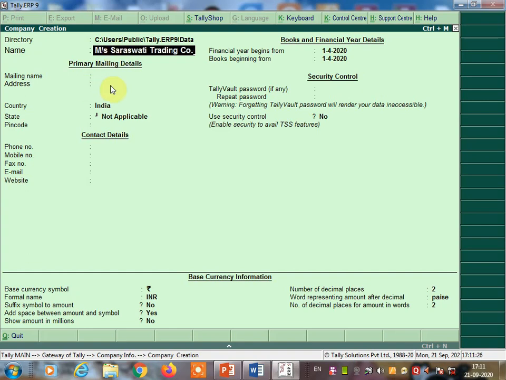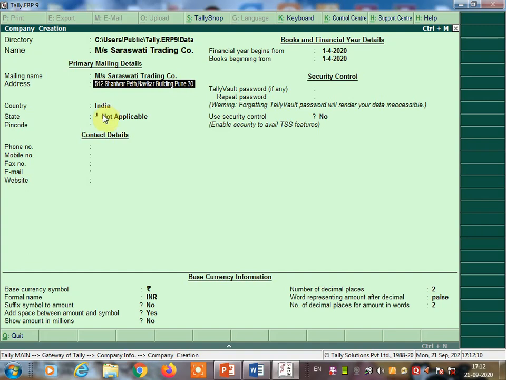Then the mailing address of the company. Address you can type. This is the address of the company where the company is located. So I am writing here Shaniwar Peth, Naukar Building, Pune.